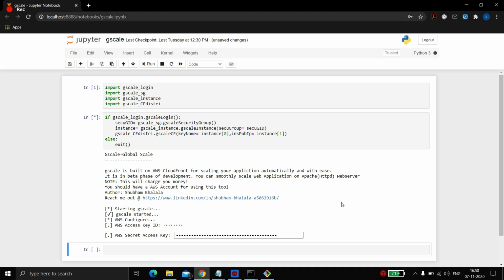Now today I'm making this video on one of my recent projects, or you can say a tool which I made. It's named gscale, the annotation of Google global scale. Now what this tool is doing is, we all know that